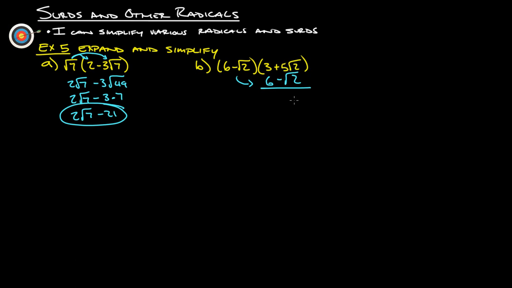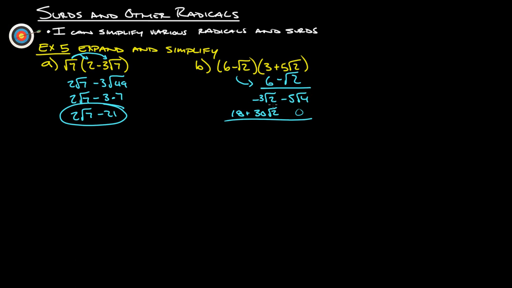So negative root 2 times 5 root 2. So 5 times negative 1 is negative 5. Root 2 times root 2 is root 4. Negative root 2 times 3 is negative 3 root 2, because the negative times the 3 is negative 3, and then you just have the root 2. Normally we put a little 0 in there to hold the place, right? 6 times 5 root 2. This is going to end up working out nice for us. 6 times 5 is 30. And then we have a root 2, so 30 root 2. And then 6 times 3 is 18. Now we just add up